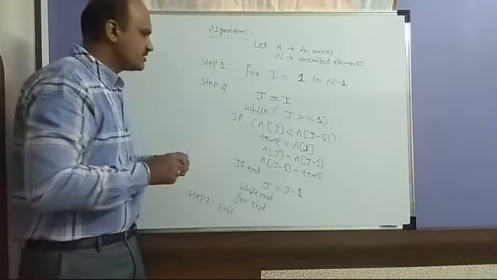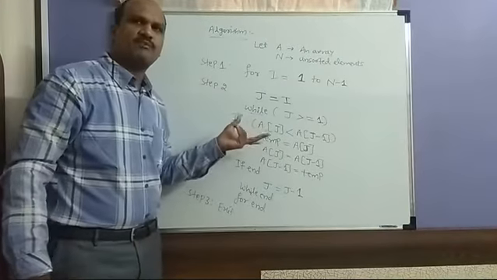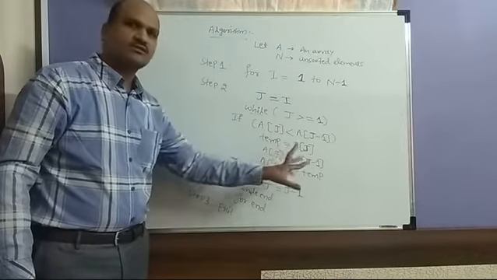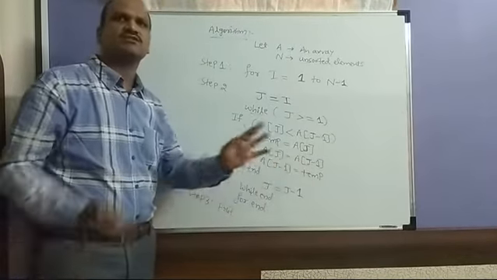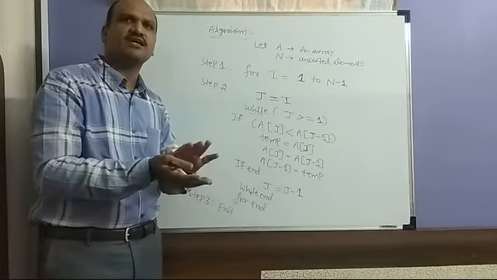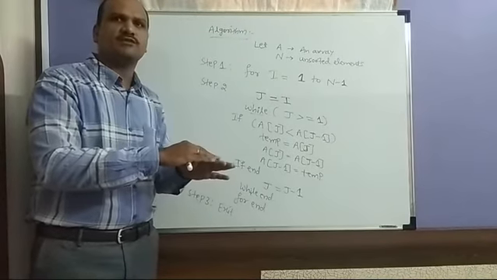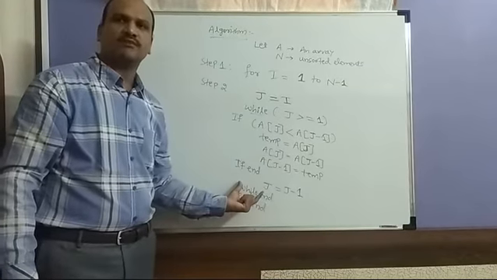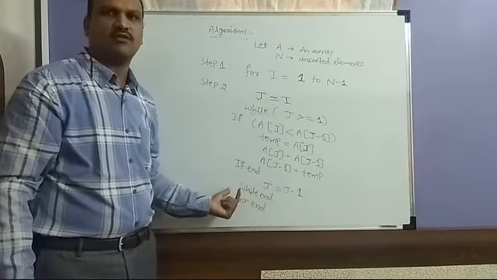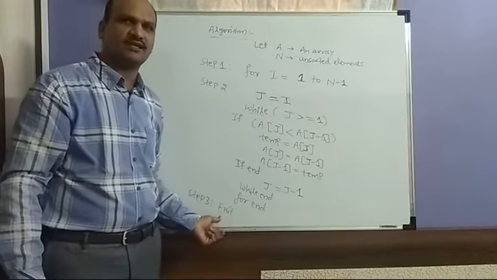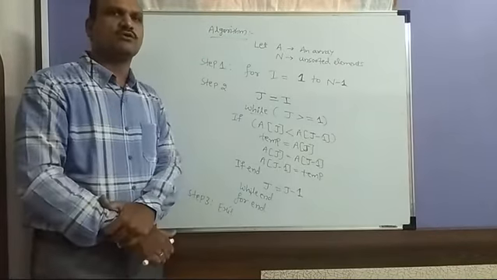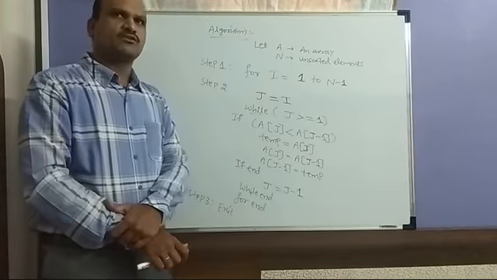So this is a simple algorithm. First you have to compare the elements. Then you have to exchange the elements. If it is less than, then it will automatically compare and sort. Then at the end of your while and for, it will exit with your sorted list. Okay. So this is what we learned today about the sorting technique.